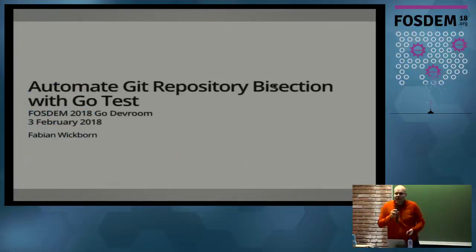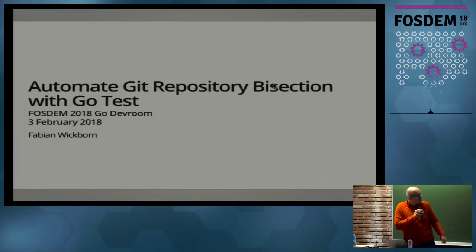All right. Hi. Hello, world. As I already said, this is about calling git bisect and automating it with Go test. It's a trick I recently learned. There's a solid chance this is nothing new to you, and if that's the case, I'm very sorry. I apologize. Then just shut off and shut down. So